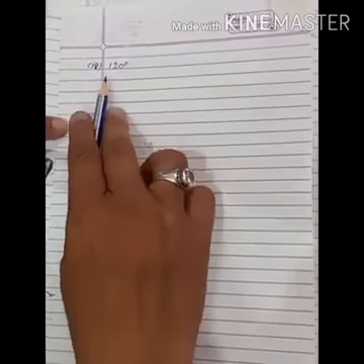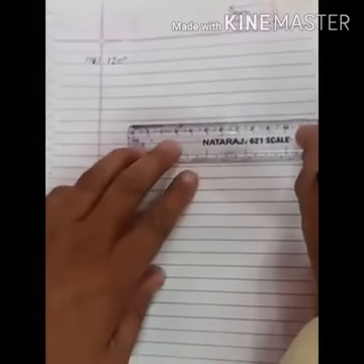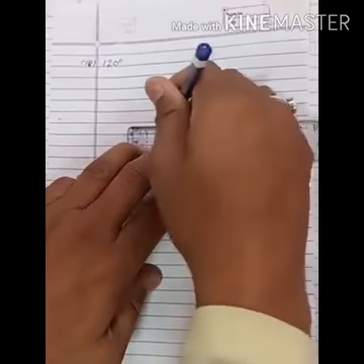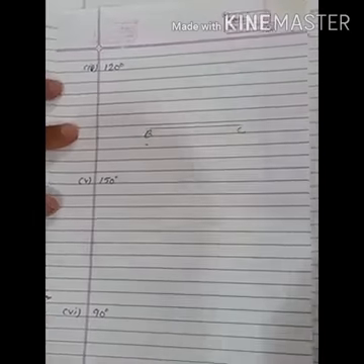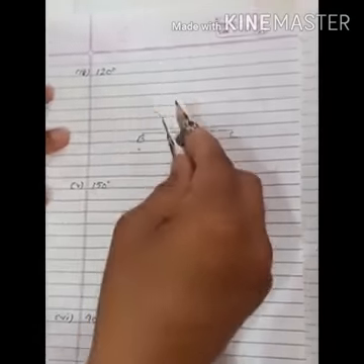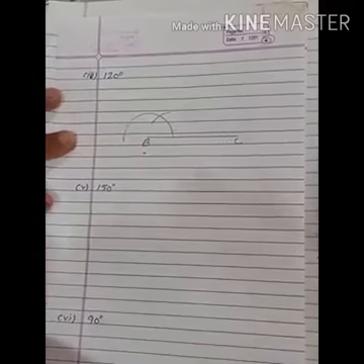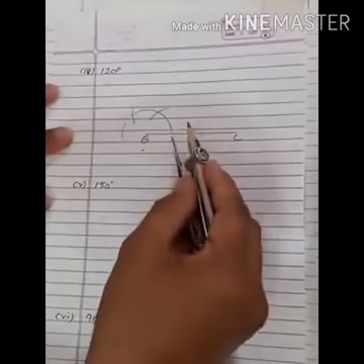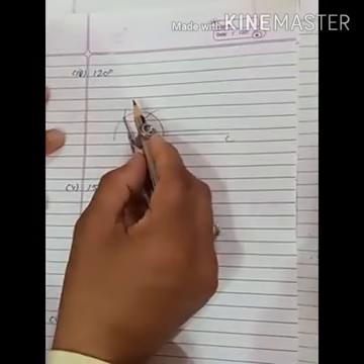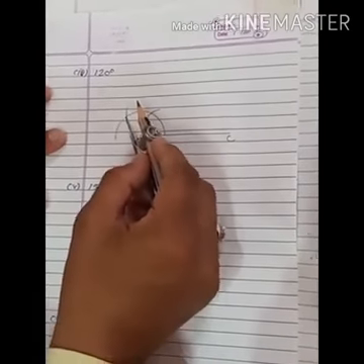Now students, see 120 degree angle. So first of all, draw a line of any length. And we can give the name here BC. Then same, cut an arc like this. This one arc is of 60 degree. But we have to draw 120 degree. So this one arc 60 degree. Then if we cut one more arc from here, then this also 60 degree. Then from here to here 60 degree. Here to here 60 degree. So total 120 degree.